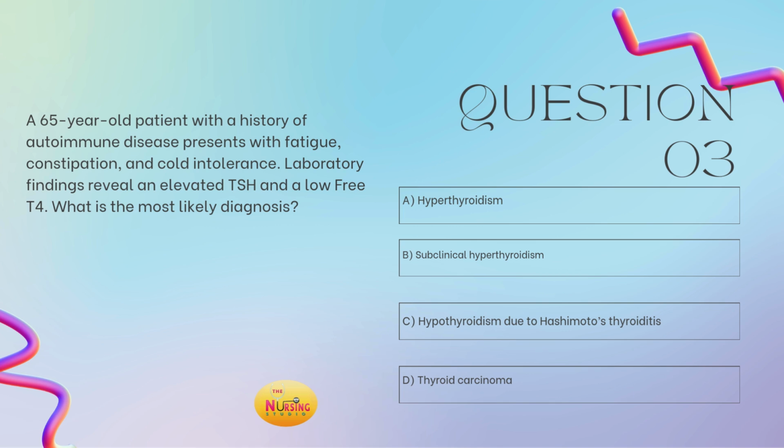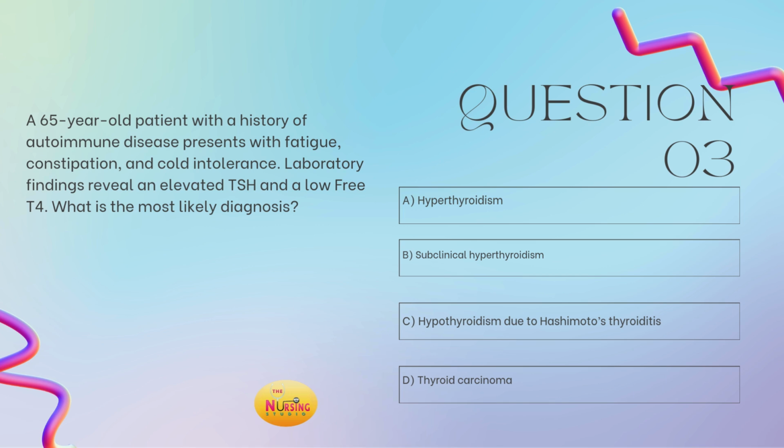All right, so the stem here says, what is the most likely diagnosis? So same thing we've been doing throughout the last few, but something I want you to pay attention to in this question. So same thing here. This patient comes in with fatigue, constipation, and cold intolerance. We're starting to think of that hypothyroidism, and we're looking at those lab values, and they have the elevated TSH level, which would match with your hypothyroidism. But the key finding here is also that they have a history of autoimmune disease, so that can contribute with Hashimoto's thyroiditis. So this can very well be the cause of their hypothyroidism.